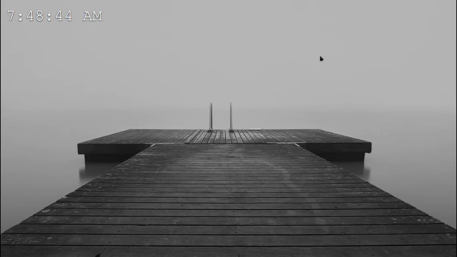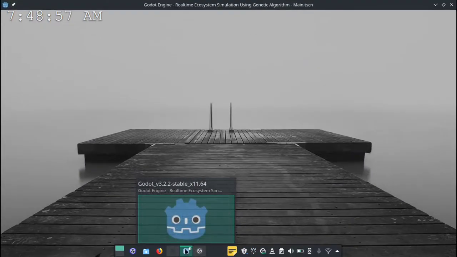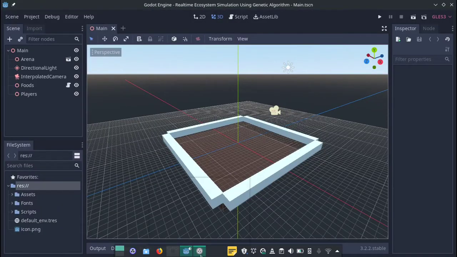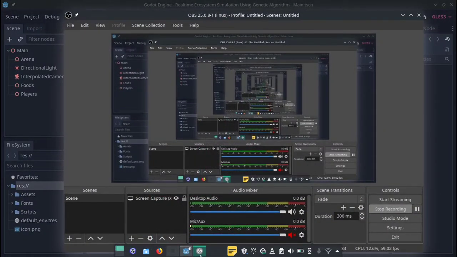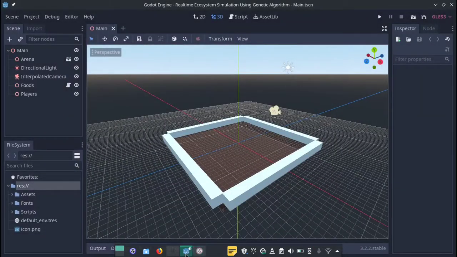So now with everything out of the way, let me show you what I have done in the past week and explain some things to you. So if I open my Godot engine, let me see if recording is going well. Yes, it is. So here I have implemented random spawning of the food. So if we play this scene,